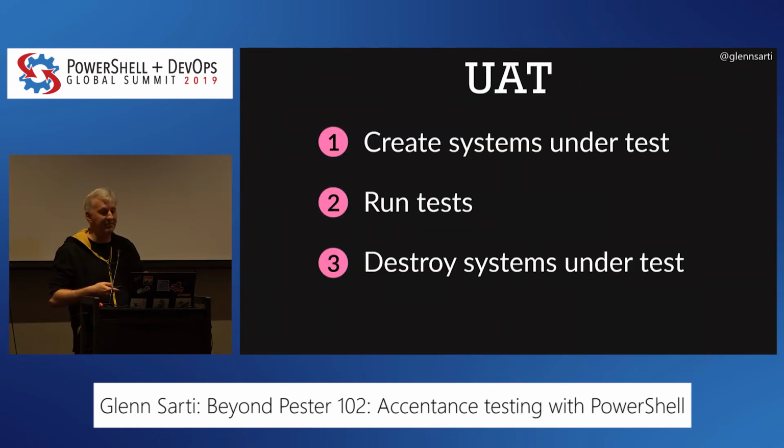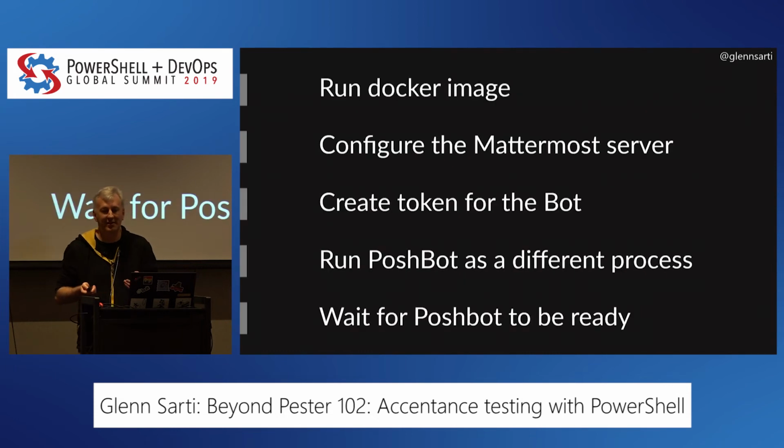So these are going to be the 3 steps. Create the systems under test, so that's the Mattermost server and the Pushbot stuff. Run the tests, and then finally destroy the systems under test. Seems simple enough. How hard could that be? Yeah, I spent days trying to get this working. I eventually did, and to contrast that, the actual tests themselves took about an hour or so to get right. Doing this provisioning work is hard, and hard to get right, and hard to get consistent. And I can't stress this enough: without it being consistently right, the tests are useless because you will be chasing